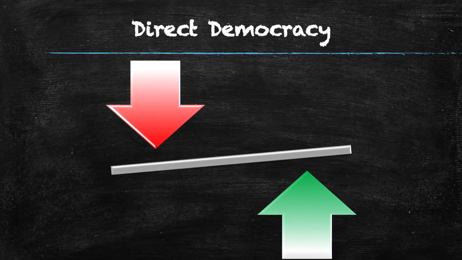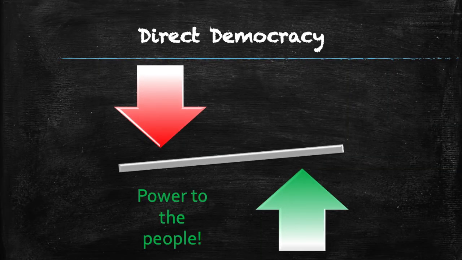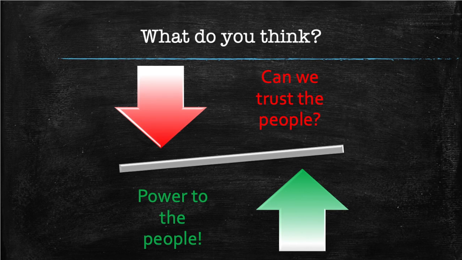As with anything political, direct democracy is subject to debate. Those in favor of direct democracy say it is the purest form of democracy by giving the public the power to vote on the issues themselves. They worry that indirect democracy results in less political legitimacy. Those against direct democracy say that it is a threat to representative democracy and worry about trusting complex decisions to the general public. What do you think about direct democracy?